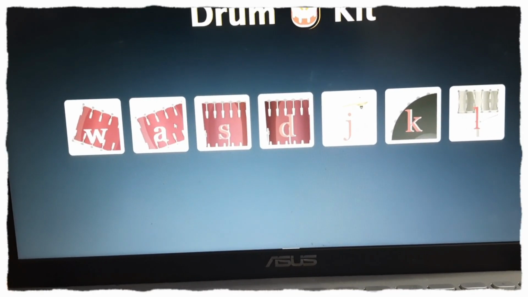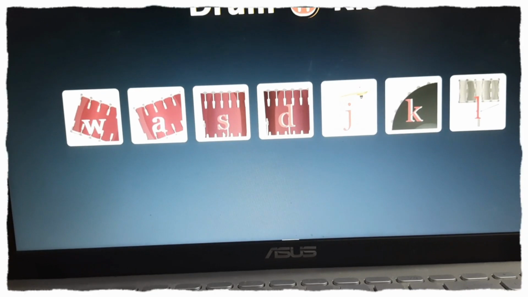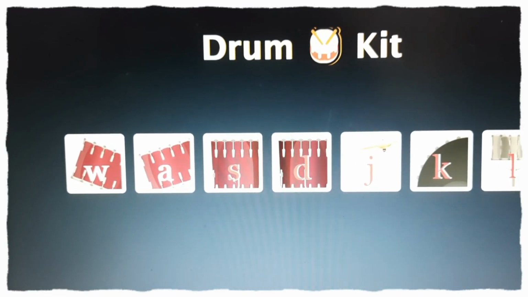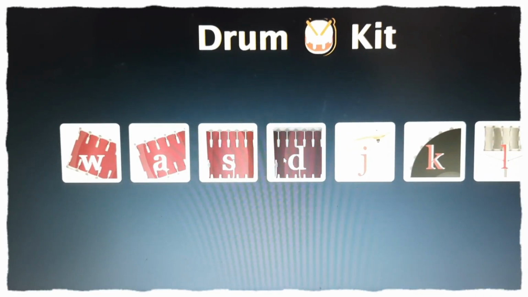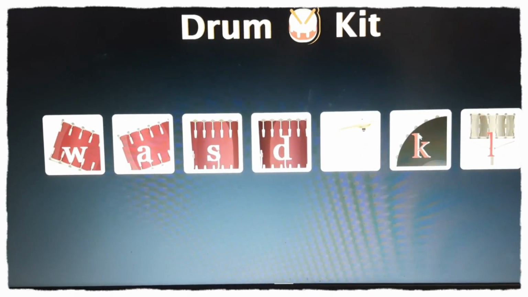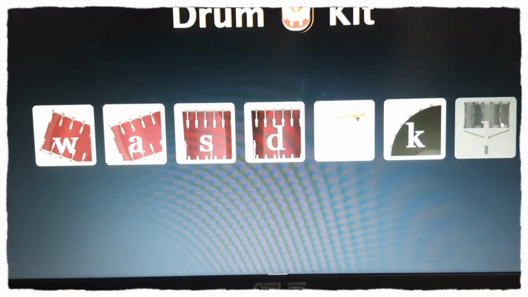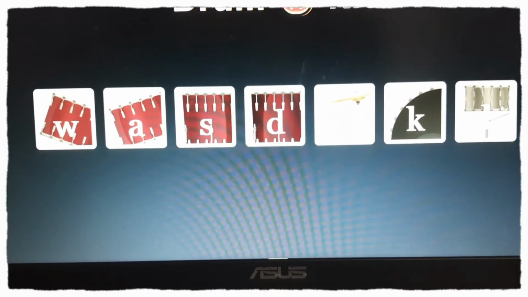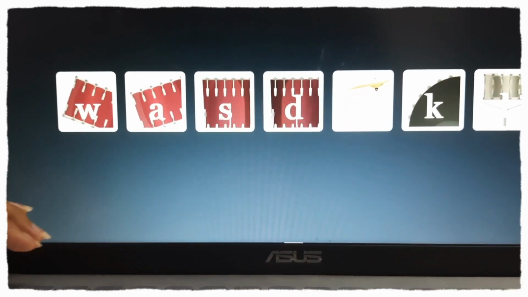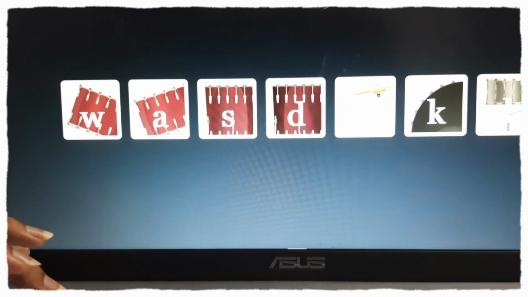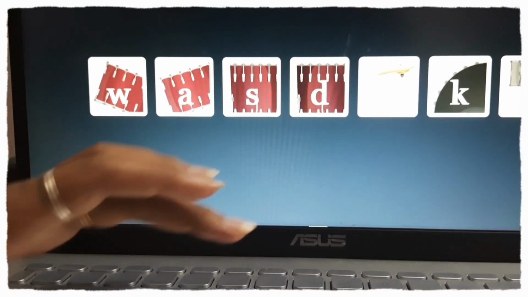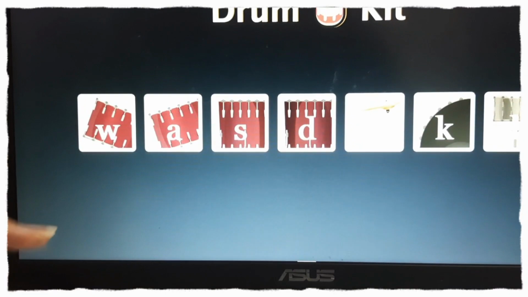I have also added some animations, like the red will turn into white when I click on it, and it will also show which button I am clicking. The interesting fact is I can also use this drum kit with my keyboard, like when I click on W, A, S, it will produce these sounds.